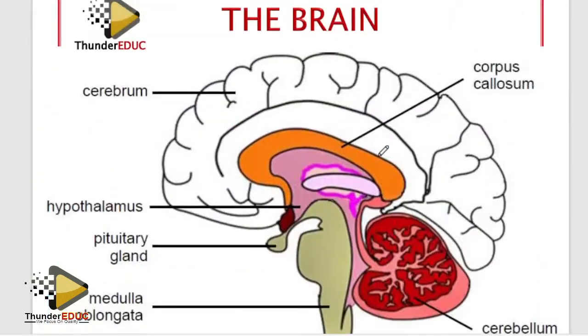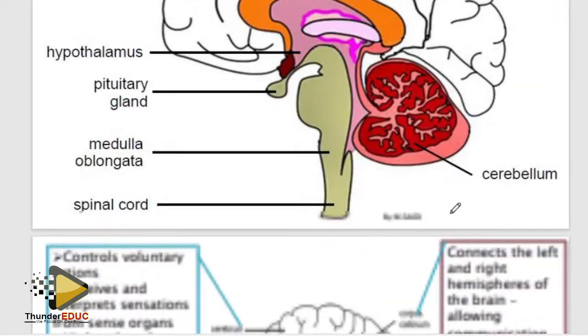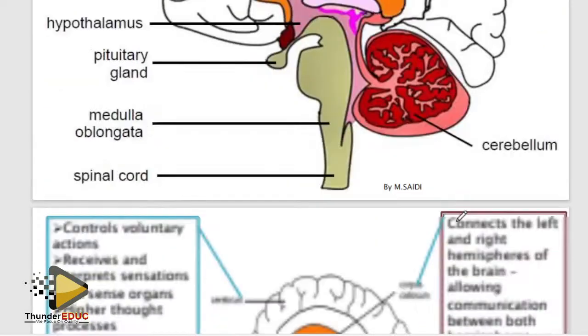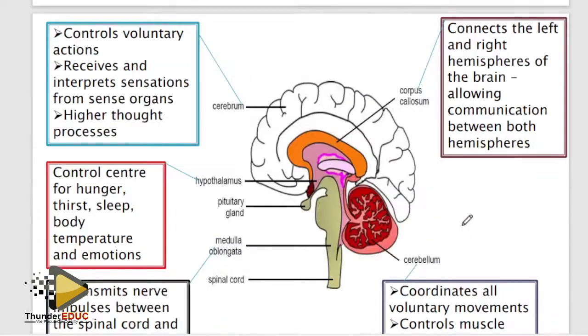Function of the brain, obviously. Everyone knows the brain, eh? Everyone has a brain, so how can you feel something you have? Okay, function of the brain, simple. At least know two of each. So, memory, reason, judgment, that is higher thought process. It's the biggest part of the brain. Which part connects the left and the right hemisphere? That is the corpus callosum. And then they're asking you something whereby students fail.